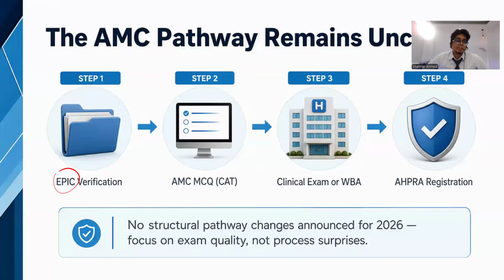You have your MBBS certificate and a recent passport ready, and for the rest you just keep pressing next, next, next. If you haven't done it, that's your first job to do. If you aim for AMC, then you go through the MCQ part one, then the clinical exam, then there's a WBA.